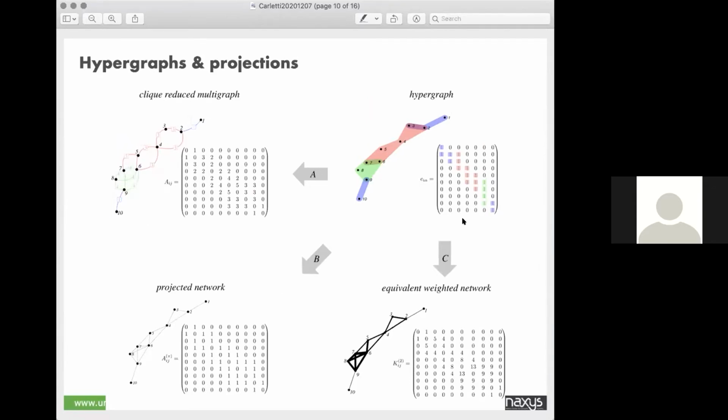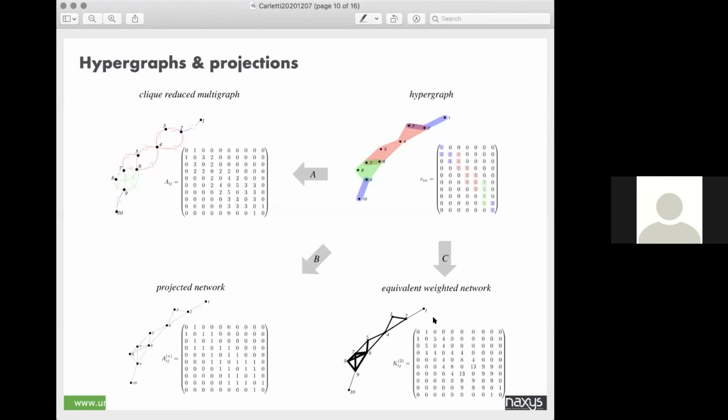He says yes. Okay, so on the top right, you have the hypergraph where I put in color the hyperedges, and then you have the incidence matrix. Then you can project on your left. In A, you have a multigraph, because sometimes you add links, but you add as many links as the number of nodes inside the same hyperedge. In the projection B, you lose this multigraph structure, and you only use the fact that two nodes belong or not to the same hyperedge. So if you have 4 nodes, then you add all the 4 links among the nodes.